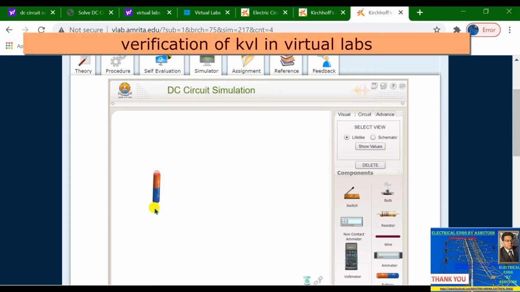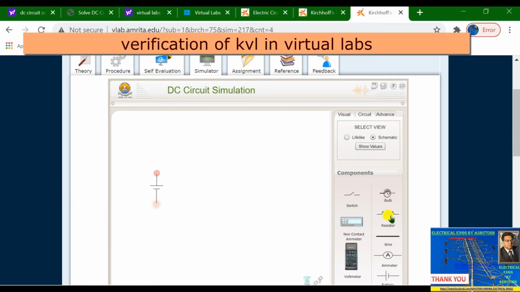Also, this is the visual circuit, and when you select circuit schematic, it will appear like this, a DC voltage source. And in view, when you select lifelike, it is like the visual circuit. When you select schematic, it will appear like this.